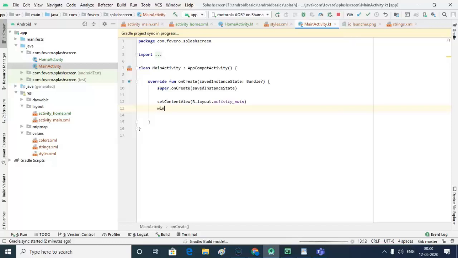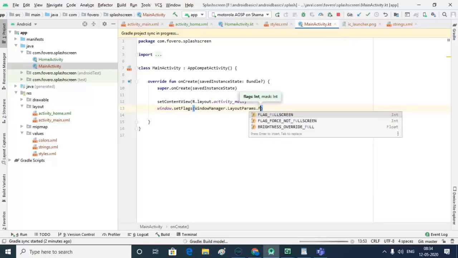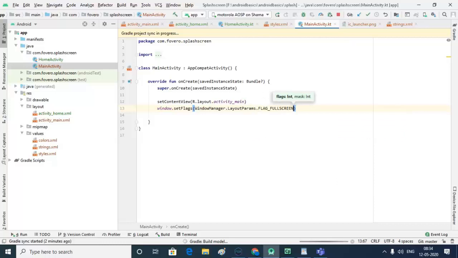Window dot setFlags. Here use WindowManager dot LayoutParams dot FLAG_FULLSCREEN, same thing, pass as a second parameter. Okay,